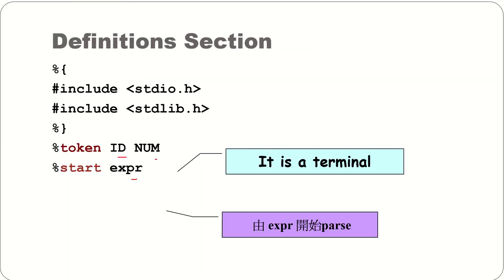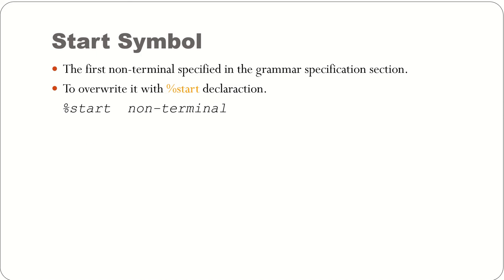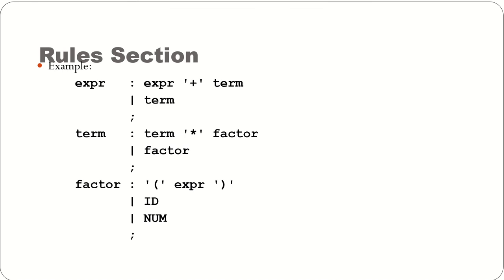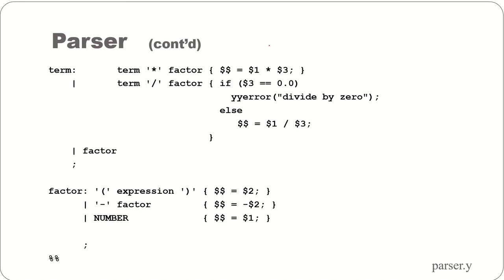This is another example where I have added it as id, num, expression. This expr you can specify explicitly as a start symbol. Start symbol which is a non-terminal. This is sample example where you can specify in .y file this particular grammar. Now we don't want to specify just grammar but action associated with it. So this is grammar and action associated with it.